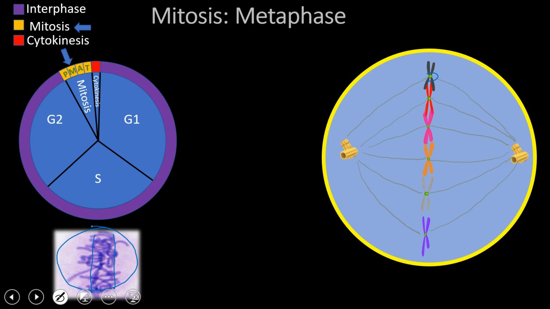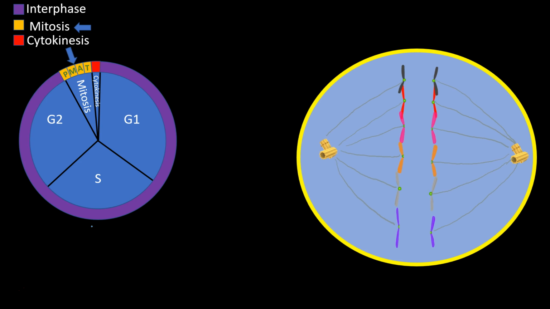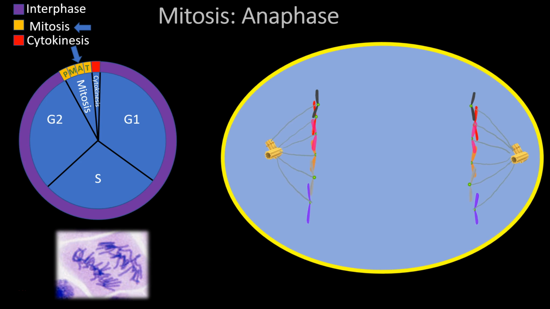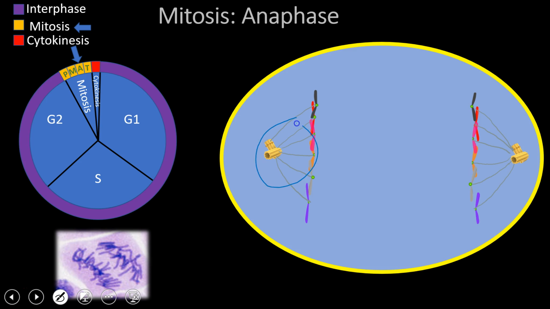After metaphase, we go to anaphase. That's where these spindle fibers actually start to pull the separate sister chromatids apart, okay? And the cell begins to elongate. It starts to become more oblong. And you can see right here, it's getting this funky shape because the cell is being pulled apart. And it's going to continue. This is still anaphase. And after anaphase, those sister chromatids reach opposite ends of the cell. Okay, so they're going to reach the opposite ends.